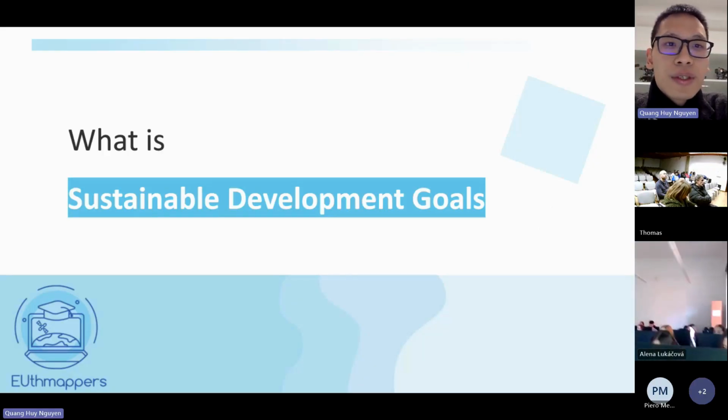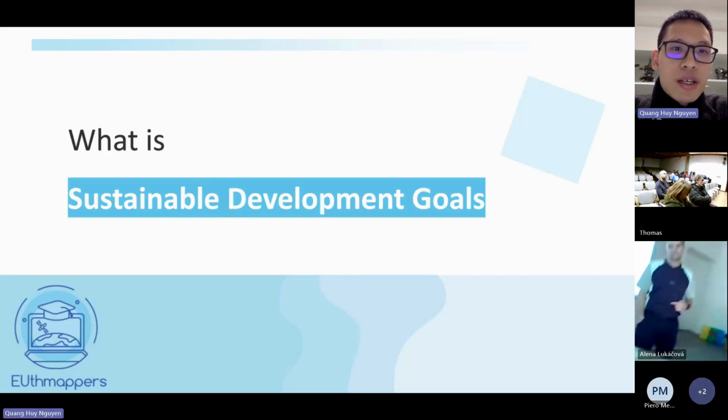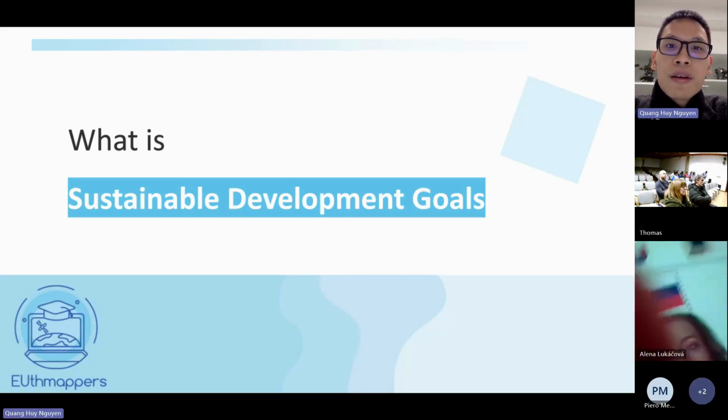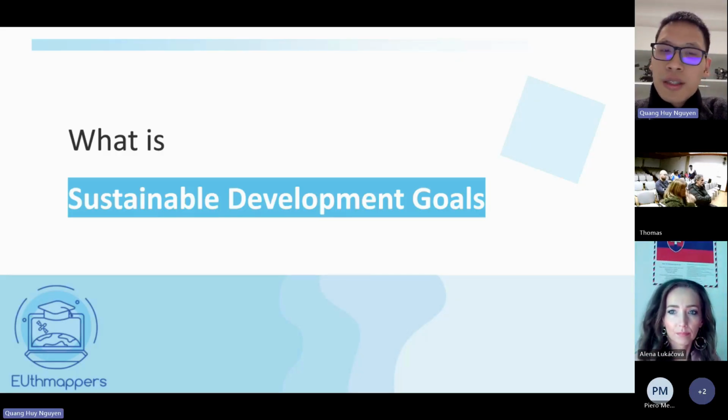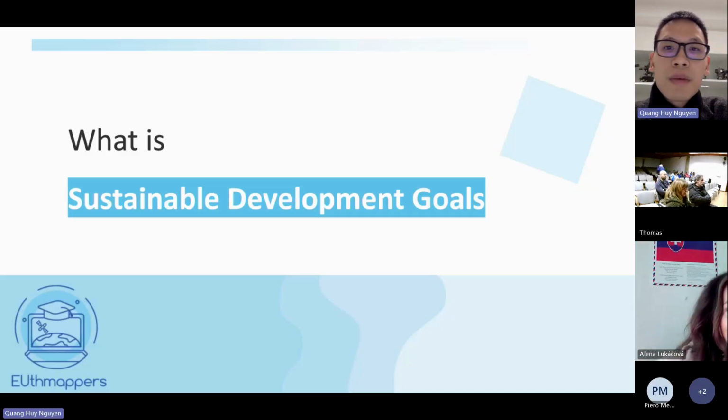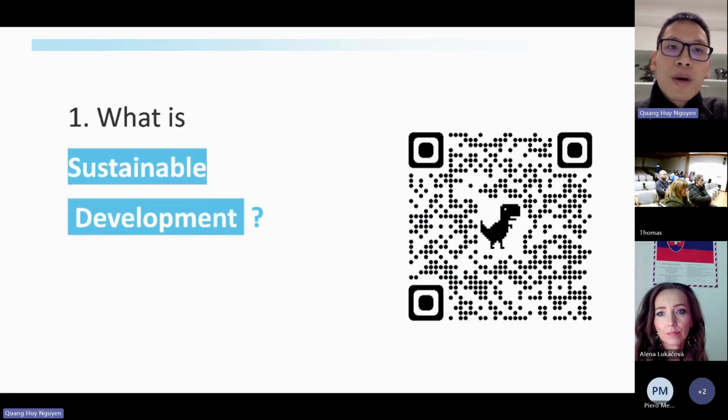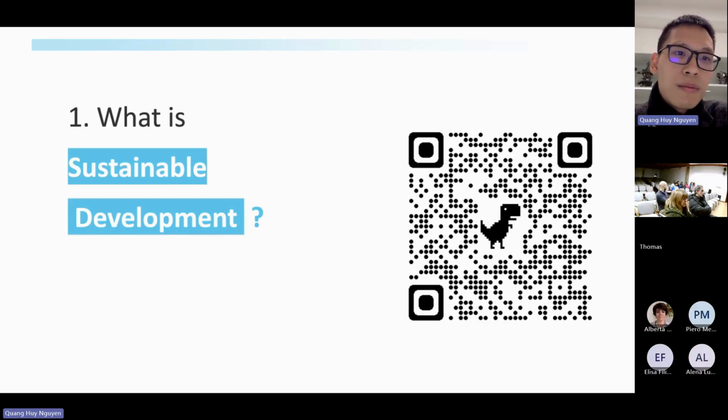At first we will see what are the sustainable development goals. To understand this framework, we have to walk through the first definition: what is sustainable development?